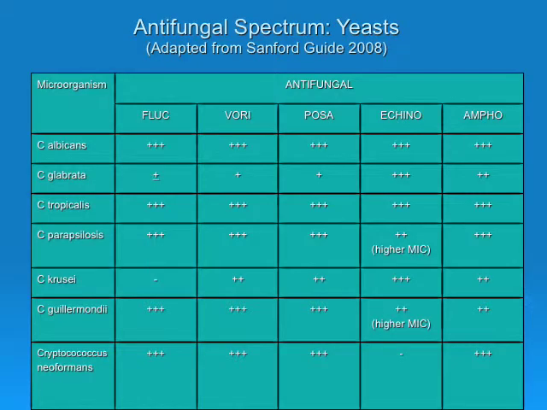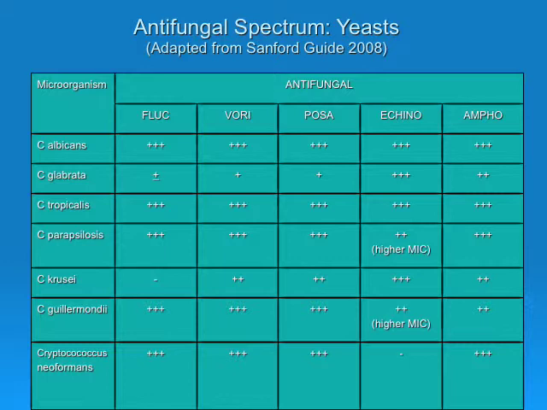So in terms of spectrum of activity, I just stole this from the Sanford guide because it was a nice little breakdown. Just want to take an opportunity to point out a few differences among the different species here. So, of course, Candida albicans is sensitive to everything, usually, although there certainly have been case reports of resistant Candida albicans, but generally speaking. Candida glabrata is considered plus minus for fluconazole, and this is because the